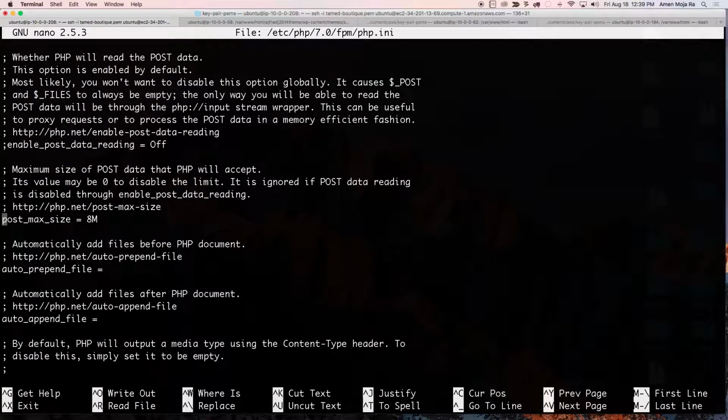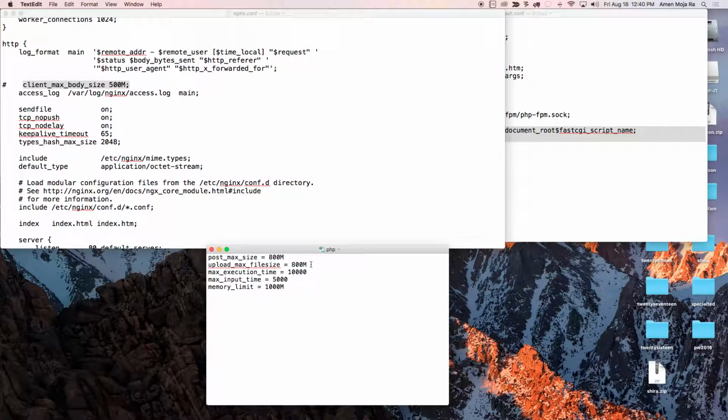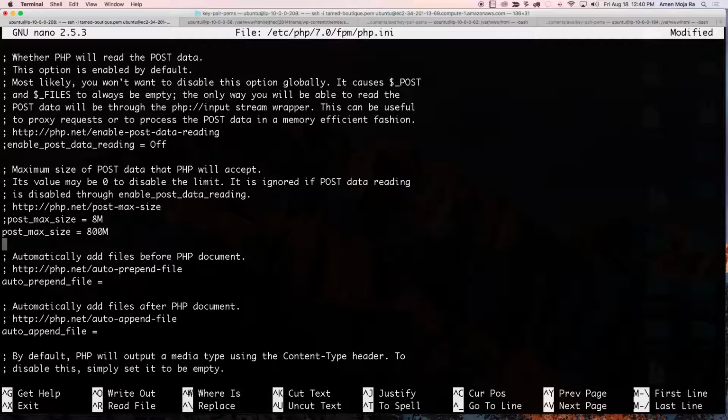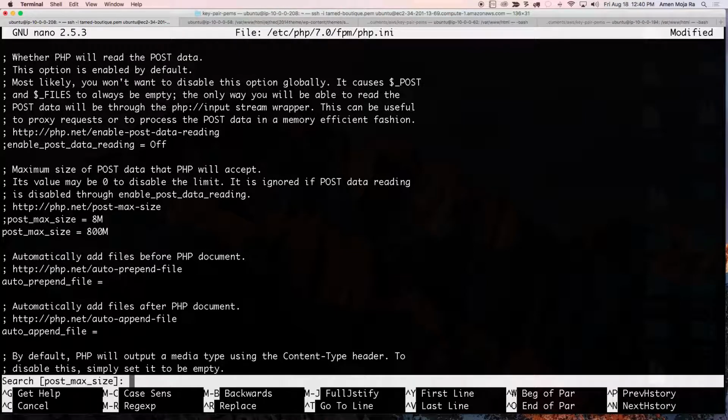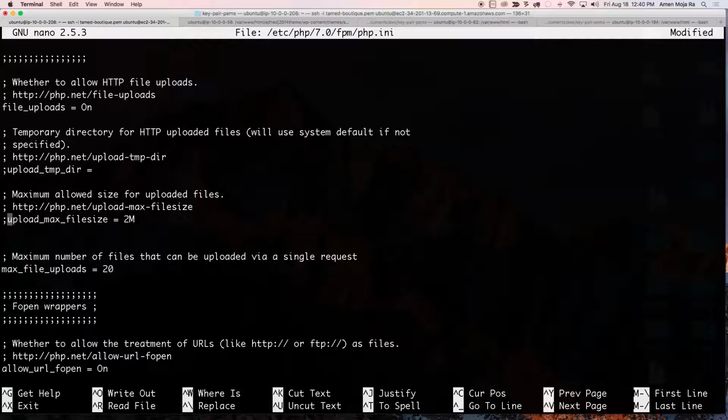So I'm going to comment this out and paste my new parameter in right here, post max file size. Copy this right here. Do another Control W, paste that in right there, delete the value. And again, comment that out and paste this right here,